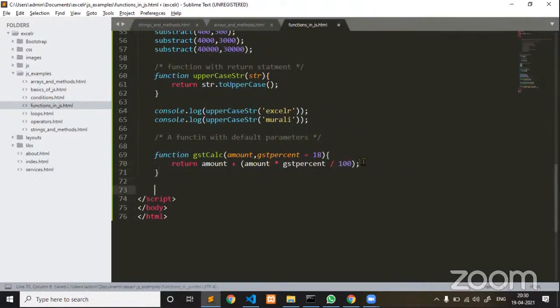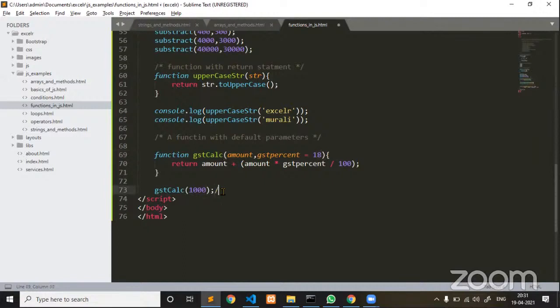Now when we are calling the function GST calc, let me pass the amount. Now I am passing 1000. Since we are not passing the second parameter, it will take it from default, 18%. For 1000, 18% is 180.